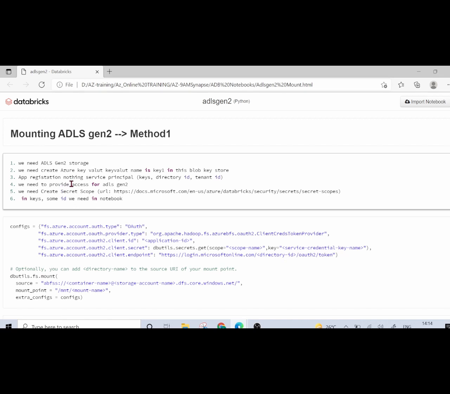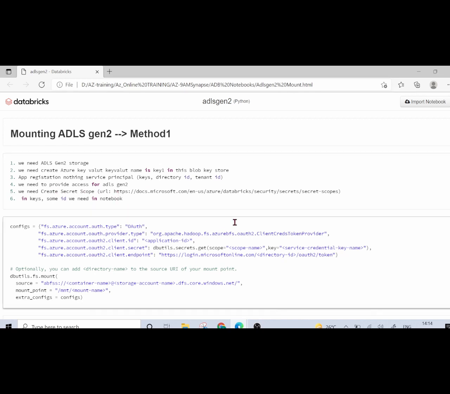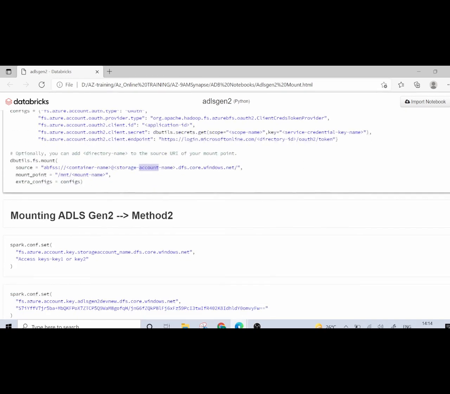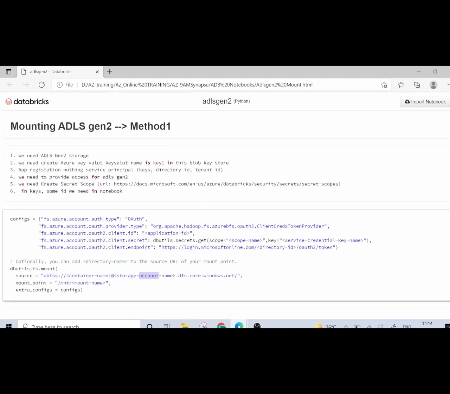Then we provided access, created a secret scope, and after creating the secret scope, you had to create a mount point to that particular container name, storage name, and all. This was the first methodology which we have seen.